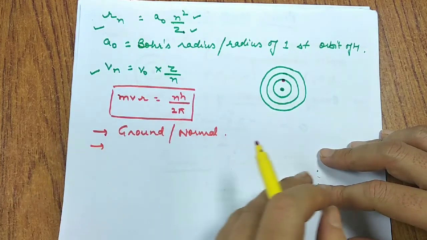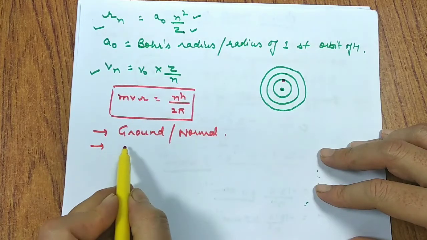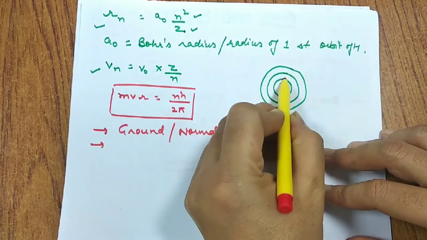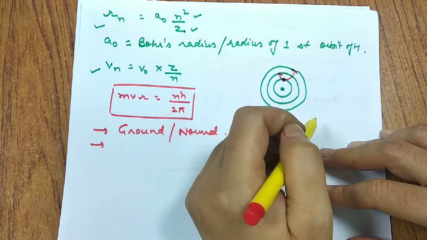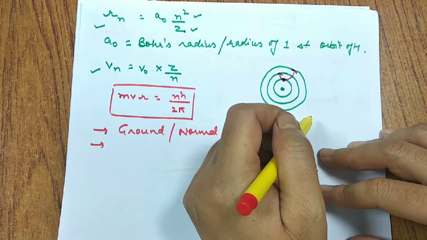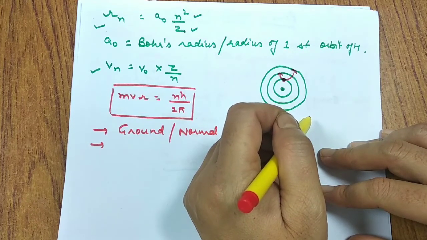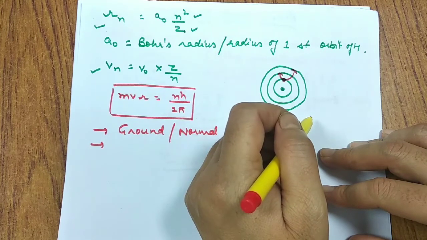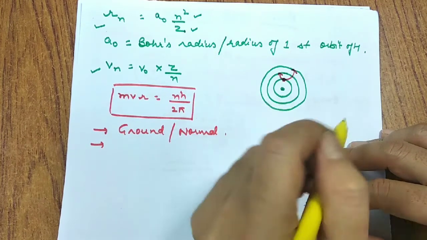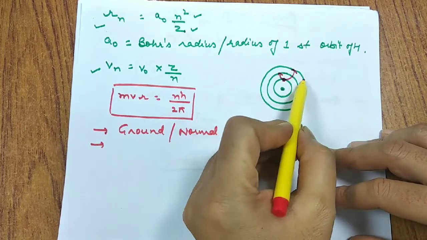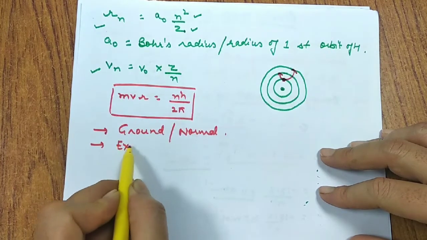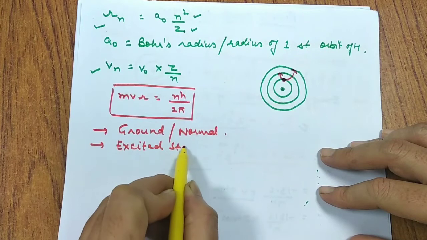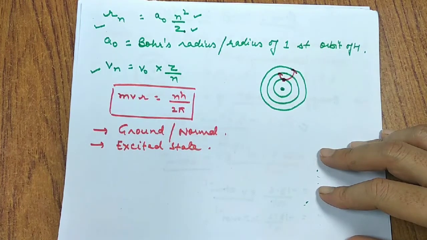But what will happen when the atom gains some energy? Suppose some energy has been given to this atom. The electron may jump to a higher energy level, or to a much higher energy level, depending on what amount of energy is supplied to that atom. It can be done by electric discharge, or at high temperature. So by supplying some energy, the electron may jump from its normal state to some higher energy level, and we call that higher energy level the excited state. This is how the electron can jump by the change in energy.